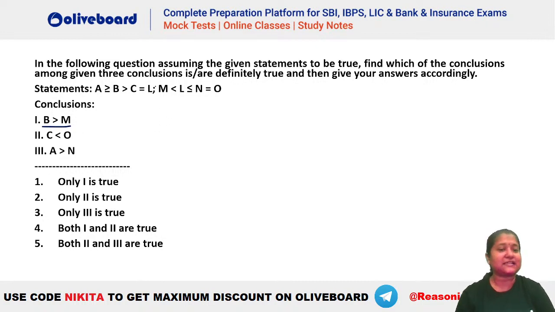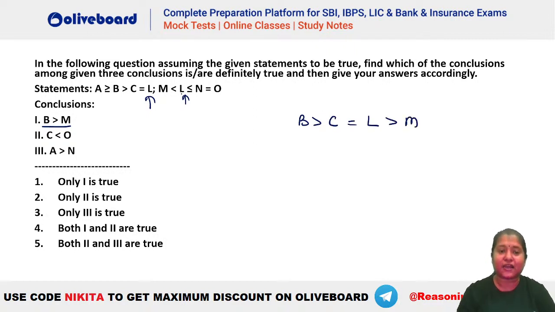अब B to M कैसे ट्राई करेंगे? Let's see. So again we have to find what is the common variable, that is your L here, right? दोनों statements में क्या common है? You can see that's your L. तो L के through ही connect कर सकते हो. So you can see we have B is greater than C, C is equal to L, and L is greater than M, है ना? L is greater than M here. So yes, you can see the relation will be B is greater than M. तो ये तो बिल्कुल सही है, ठीक है.